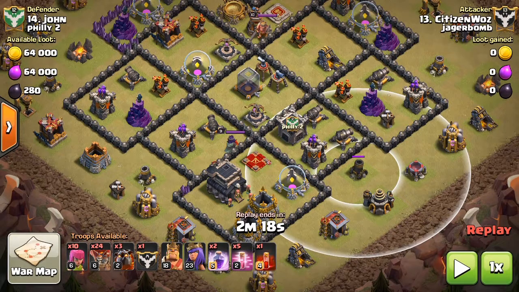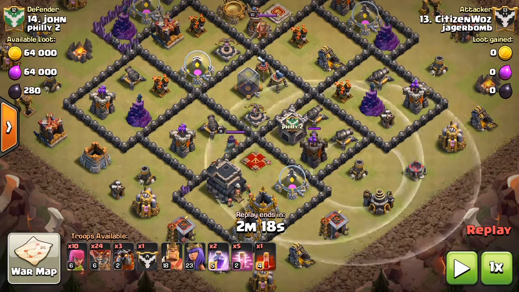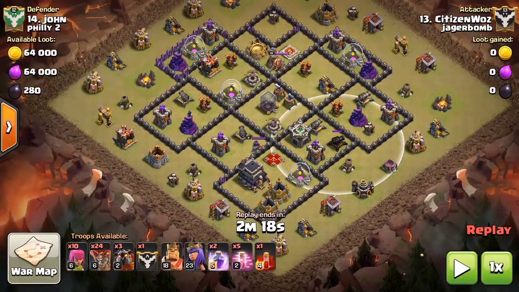He could have easily got the mortar and either the cannon or the archer tower, whichever the loons decide they want to path toward. But he could have got at least 2 defenses, and that would have been very useful because he could have